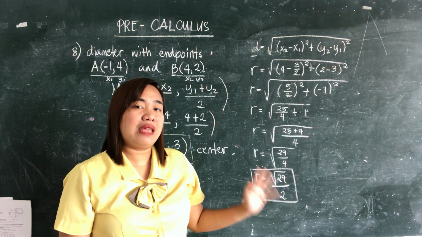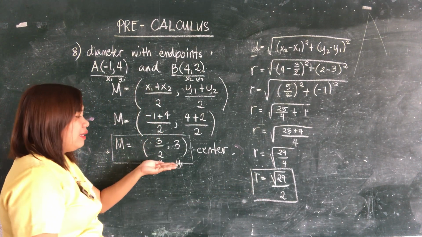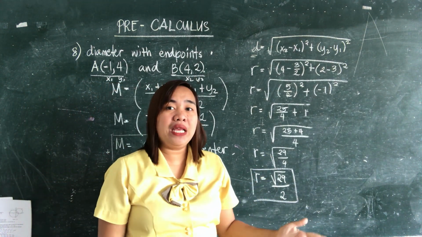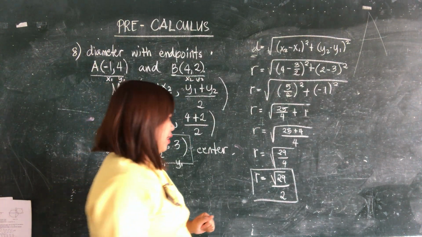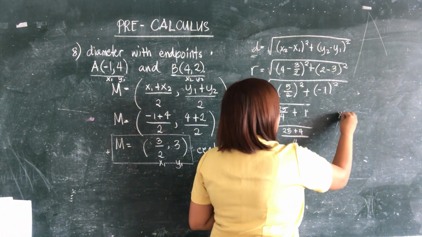And now that we have the center and the radius, we can write the standard equation of the circle. So, x minus h